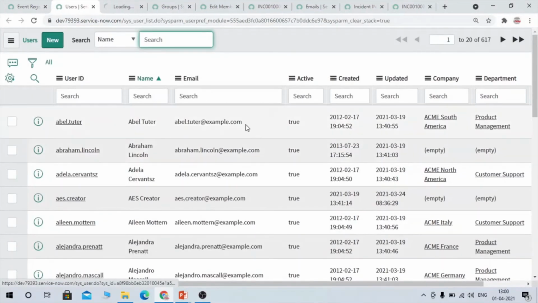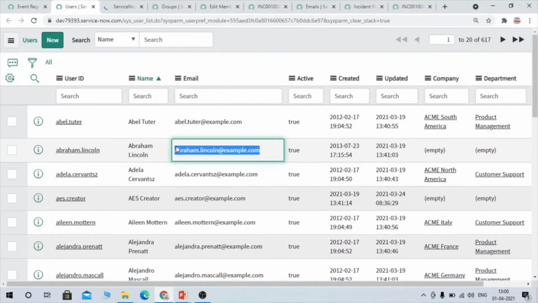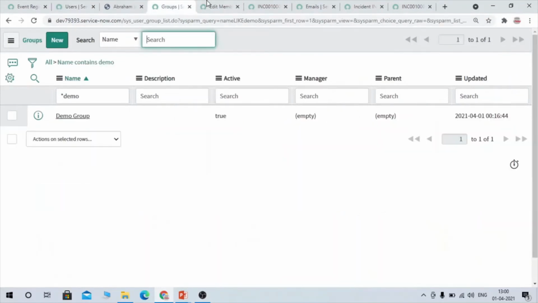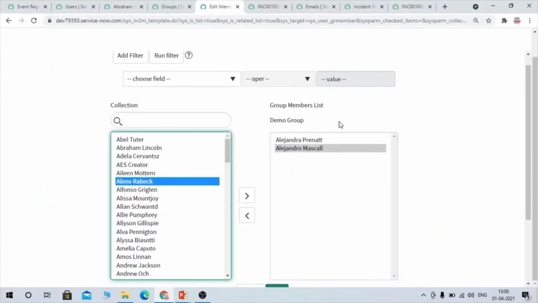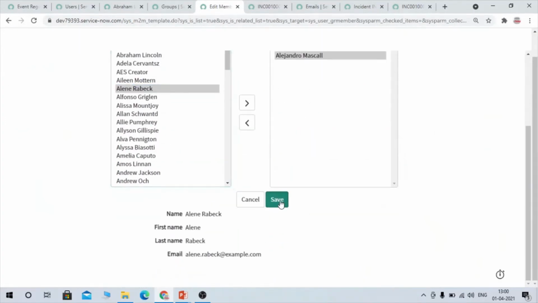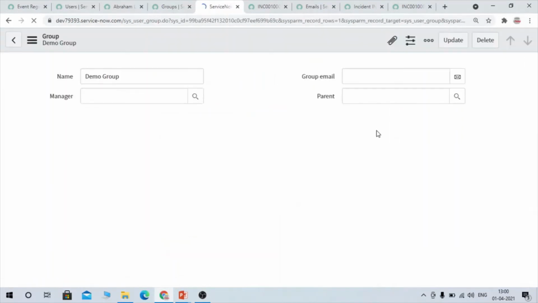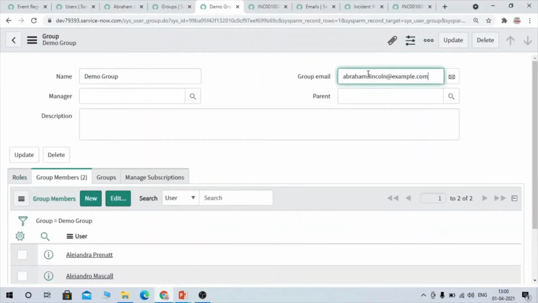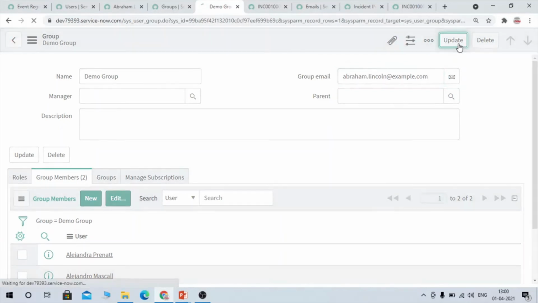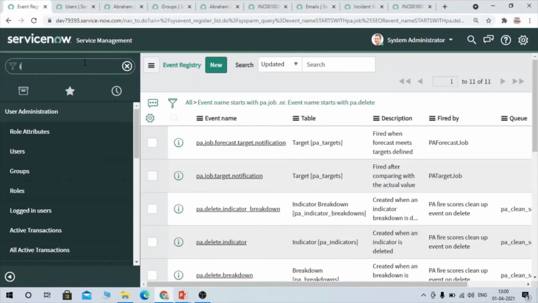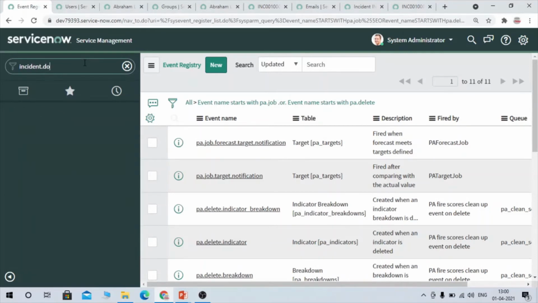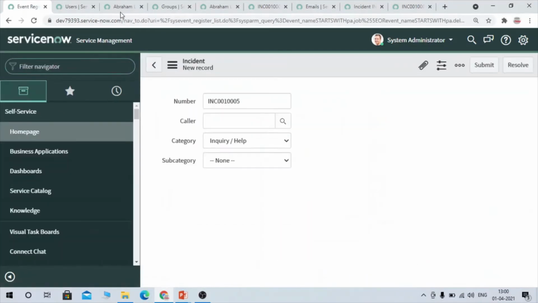We'll take Abraham Lincoln's email ID and put it as this group email ID. Now let's create one more incident and check our emails.